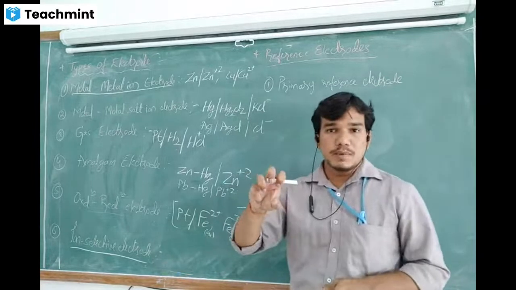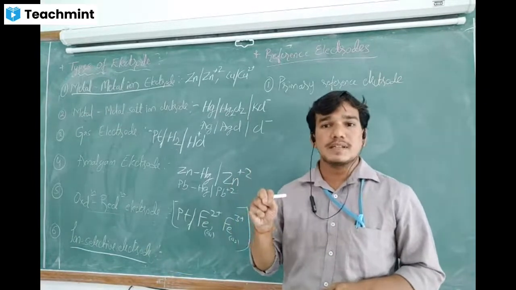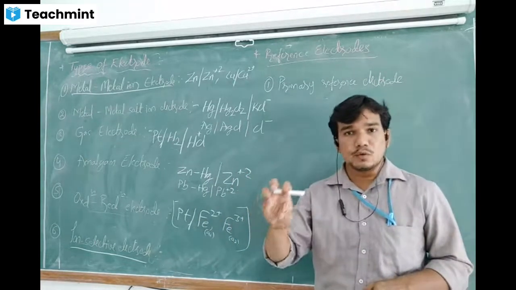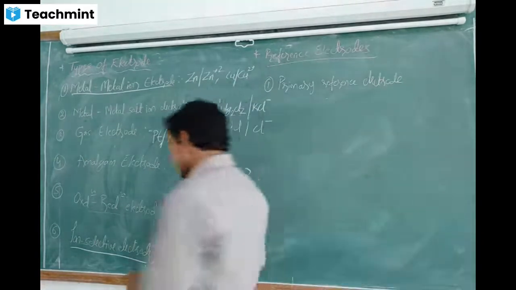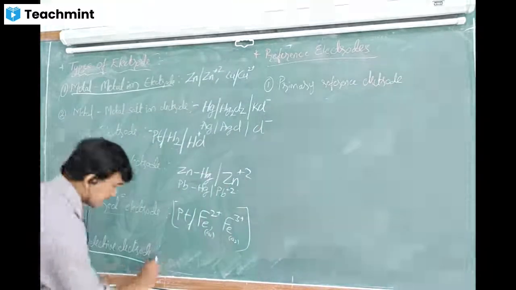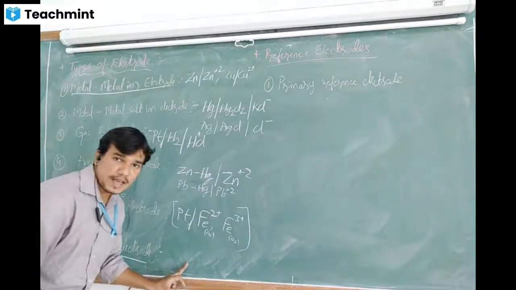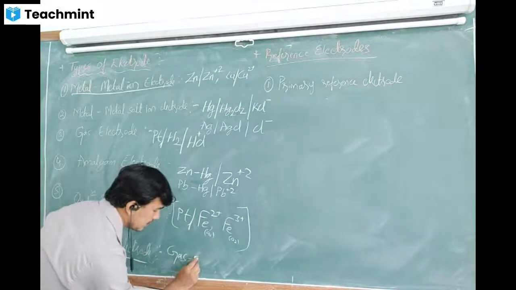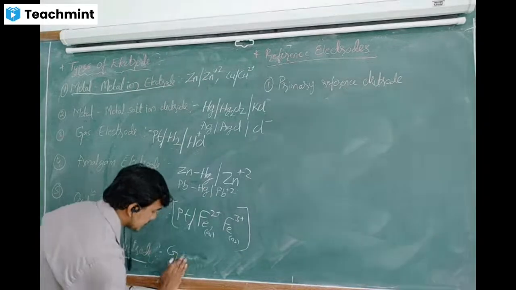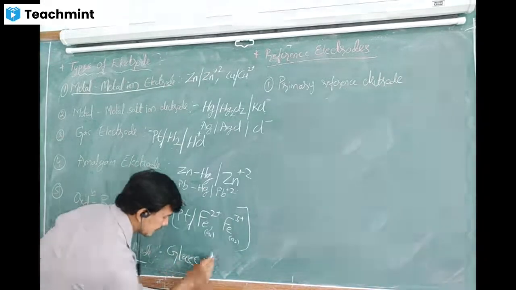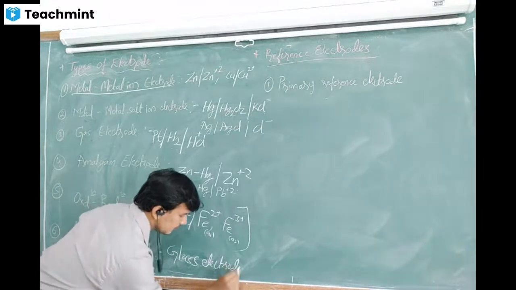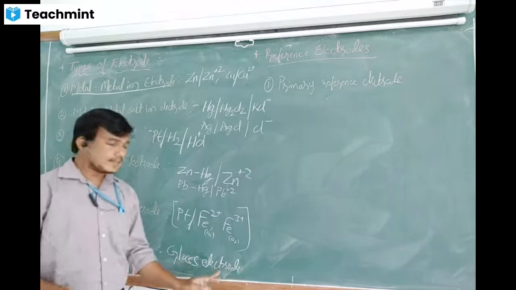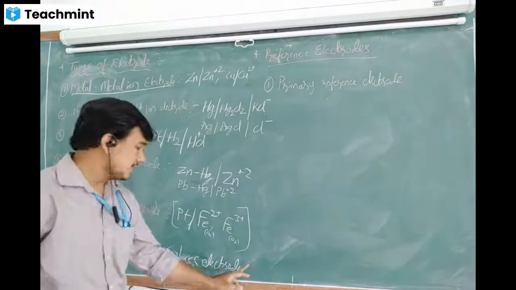It will measure only fluoride ions present in the solution. If I want to know about chloride ions present in the water, we would use a chloride ion selective electrode. So it is responsible for certain specific ions present in a solution. An example for the ion selective electrode is the glass electrode. The glass electrode is responsible for H+ ions and Na+ ions present in the solution.